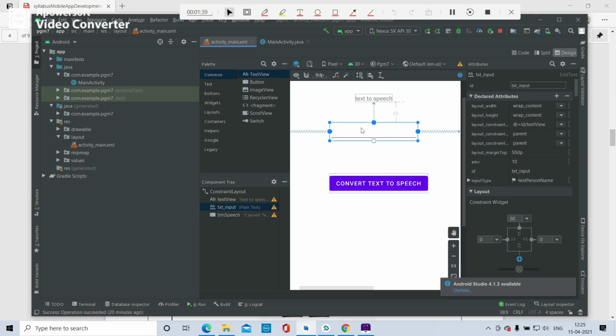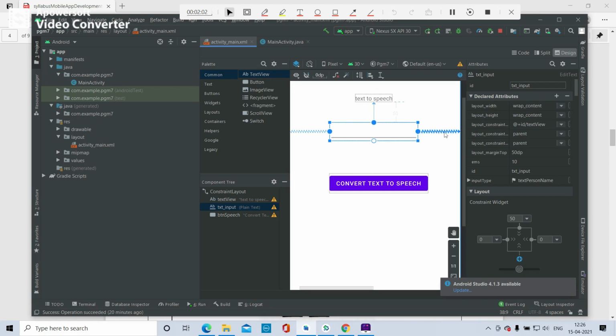The layout of this edit text and button: the top handle of the edit text is connected to the bottom handle of the text view. The left handle of the edit text is connected to the left of the parent.